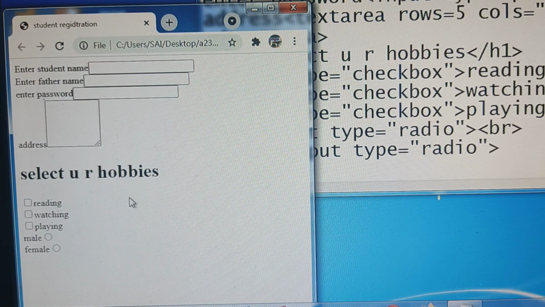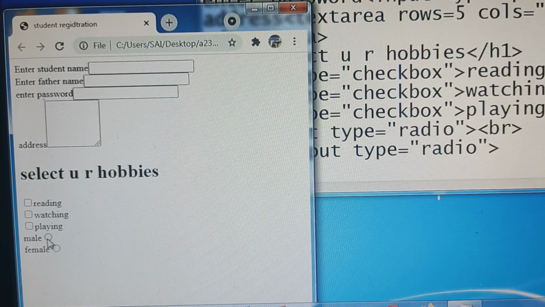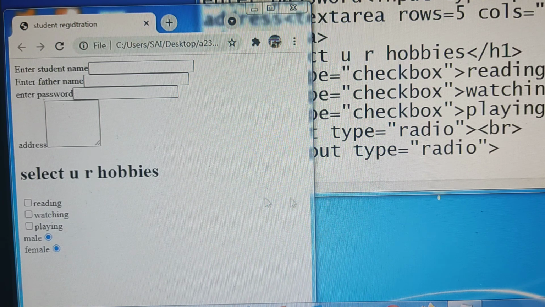See, male and female. When I select this, it is considered as an input. Whenever I select once again the second one, here we should give only one, right?